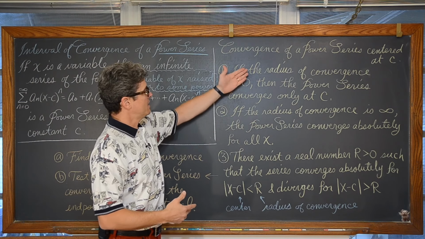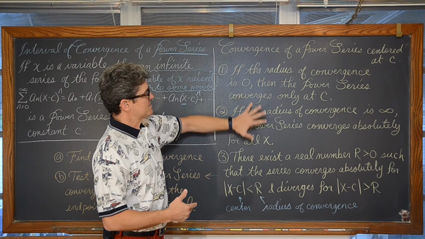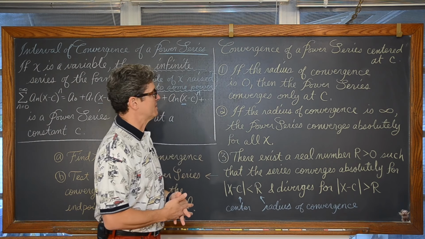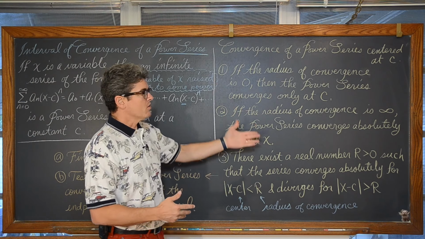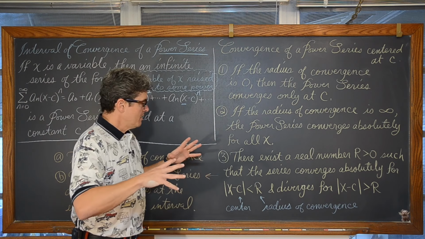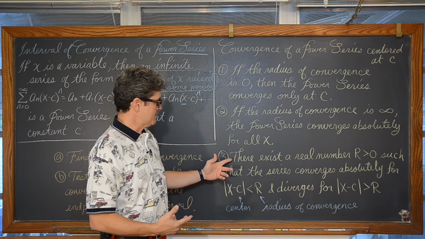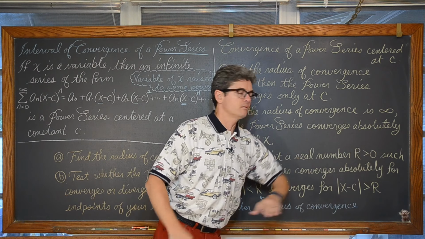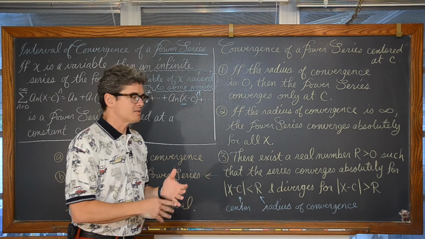So these 2 types of solutions will be example 1 and 2, and they're not quite so interesting because there's no work in determining what that interval of convergence is. Now, if we do the ratio test, we set that up, and there exists a real number r that's greater than 0. So not 0, not infinity.